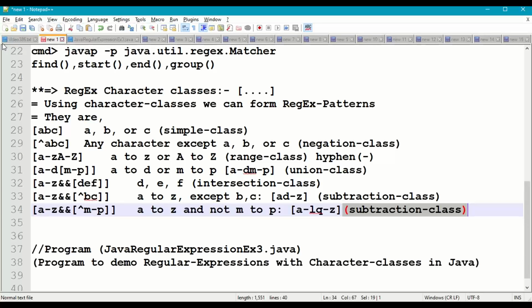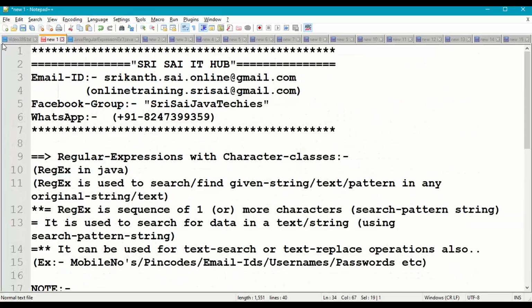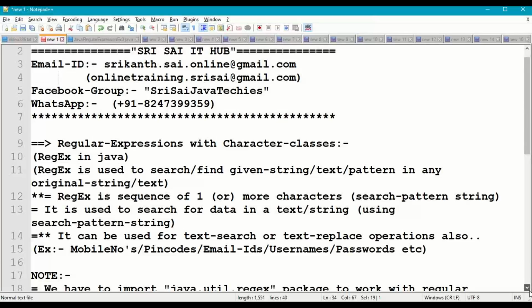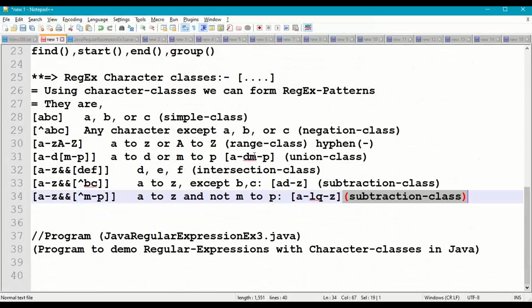These are the different classes using which we can work with regular expression patterns, and technically these classes are called character classes.